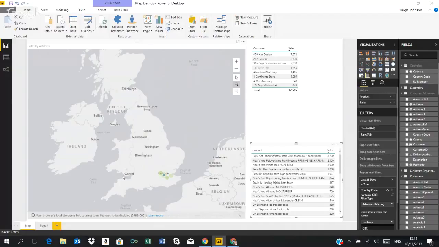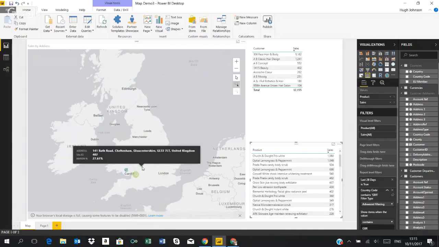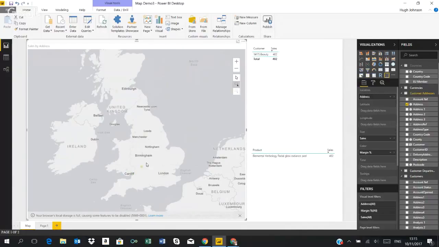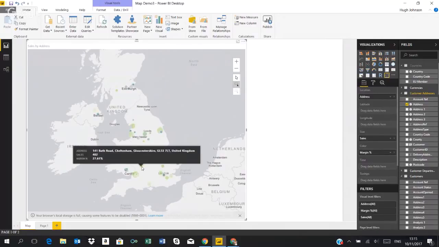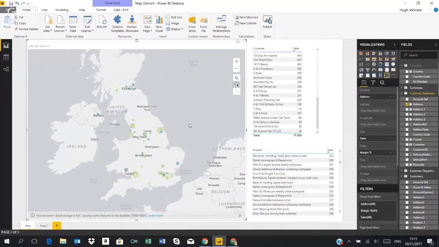And I can zoom in on different areas. And that's fully interactive. So that's one of the nice features that you get with ArcGIS maps. Again, this doesn't solve the problem if I've got lots and lots of points of data and it's really starting to get too cluttered. So one of the options I like within ArcGIS, and this is an option that is